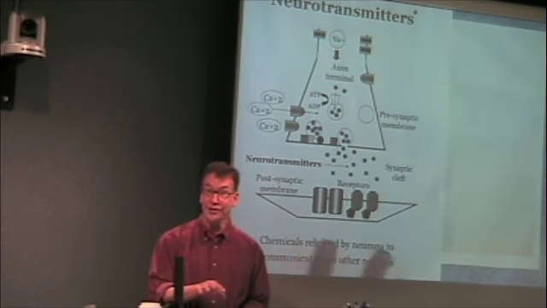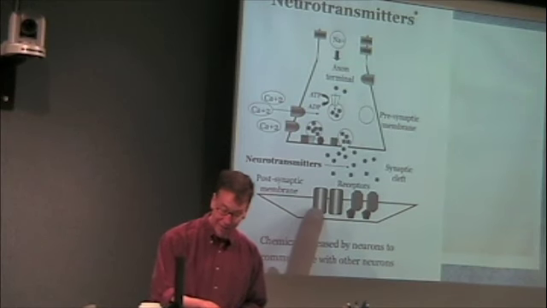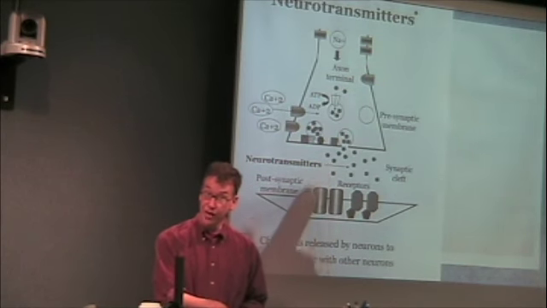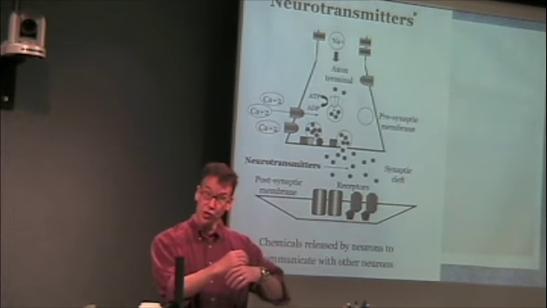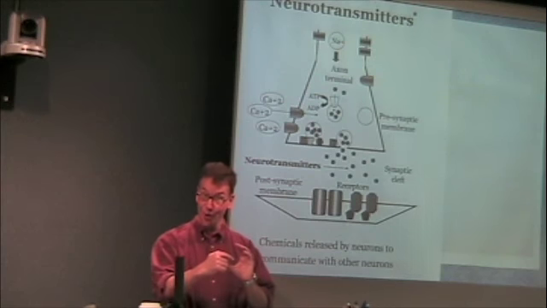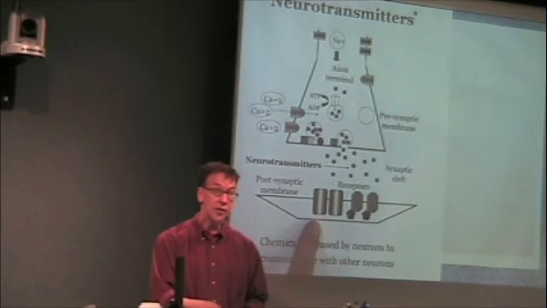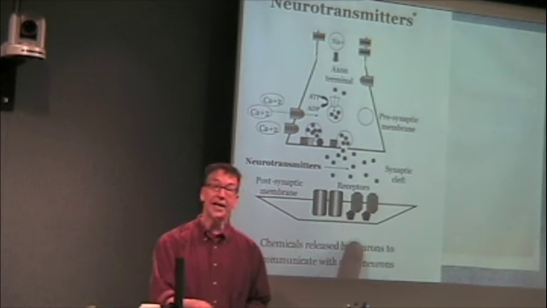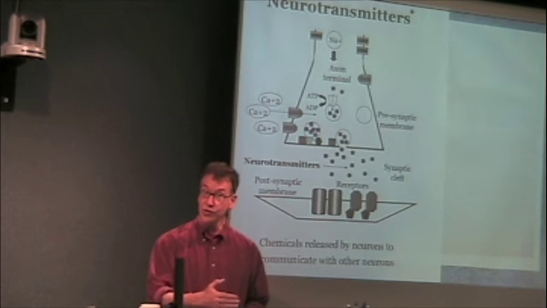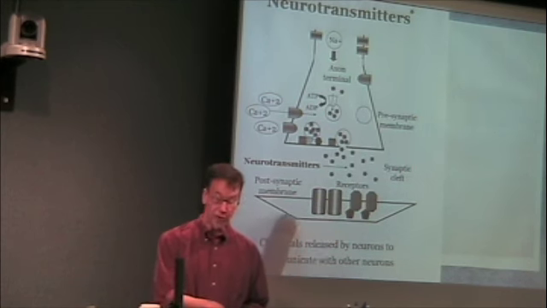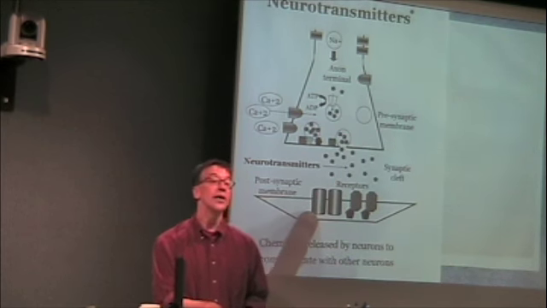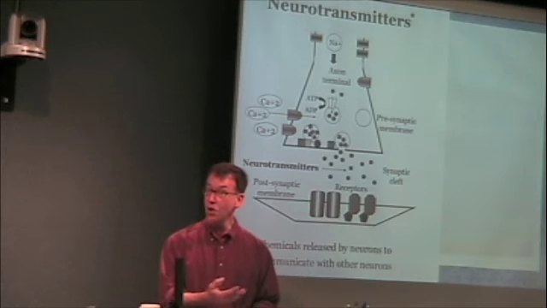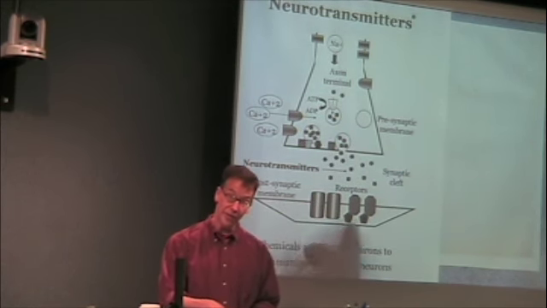Remember, we have two distinct classes, right, of receptor. We have the ionotropic receptors, where the interaction of the neurotransmitter with the receptor is going to result in a change in shape, and it's going to open a channel or pore which will let ions pass through. So this can allow for a change in the membrane potential, right, of the next neuron. It can excite the next neuron. It can bring this neuron closer to the threshold for the voltage-gated sodium channel. It can depolarize it, but it can also inhibit the next neuron, right? It can also open a channel, say, to chloride, which will come in and hyperpolarize this cell and make an